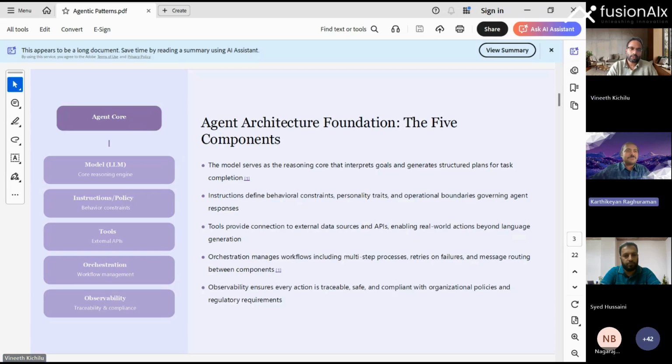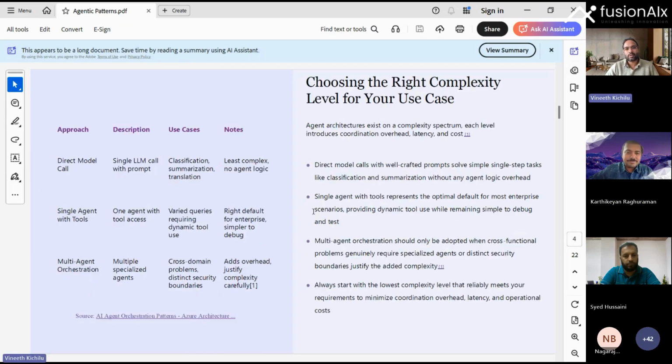Sure. So choosing the right complexity level for your use case in the agentic architecture is important. Whether you're creating a direct model call, a single agent with tools, or a multi-agent setup, you have to understand what is fit for what, right? For example, a direct model call is a single LLM with a prompt. Classification, summarization, translation, all these kinds of tasks work easily with this, so you don't need an agentic persona for that. If you have certain tools which will execute certain tasks, you could use a single agent with tool access, right?